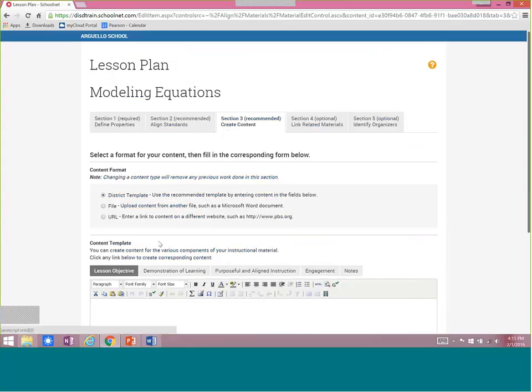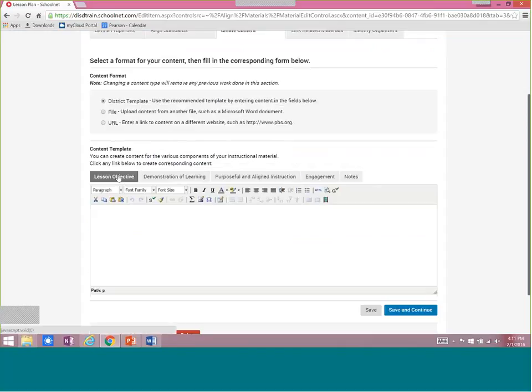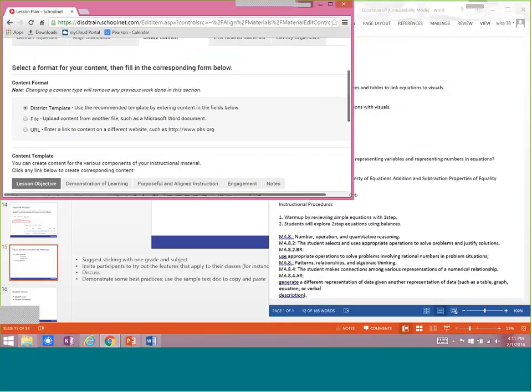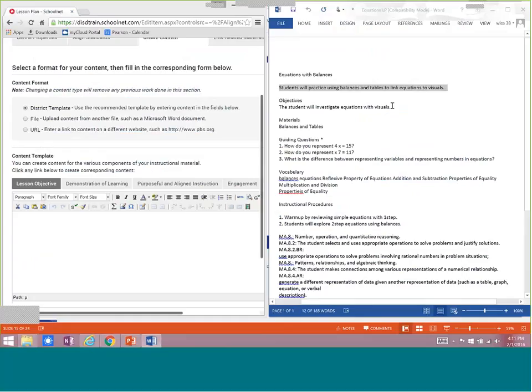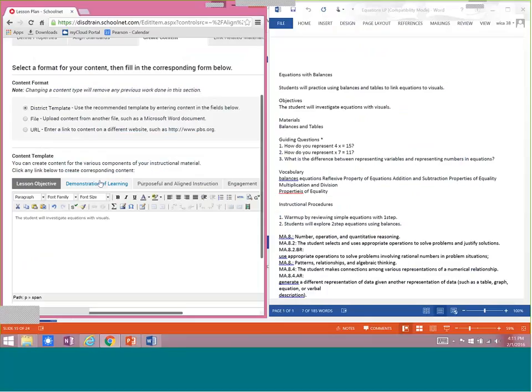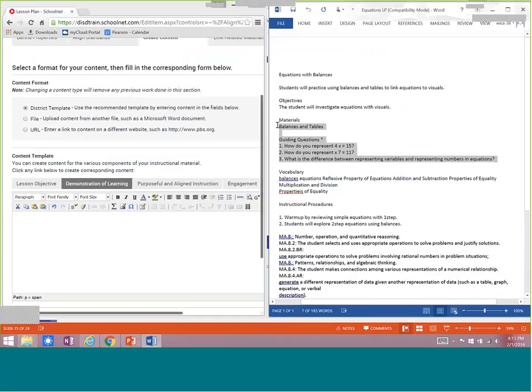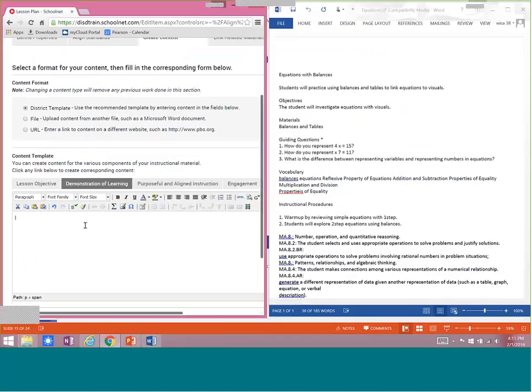Now, just like I did with the resource, but I chose File Upload, this time I'm going to actually use the template. Now, as you can see, there's actually 5 different sections of the template. And what it does is it kind of breaks it up into different sections. So I'm going to give myself a little bit of real estate here so that I can copy and paste what I want. And I'm going to put in my objective here. And then I can choose any of the sections and maybe just copy and paste whatever sections I want to include